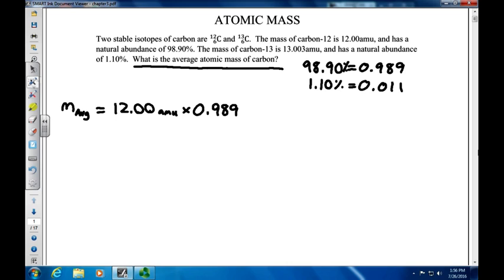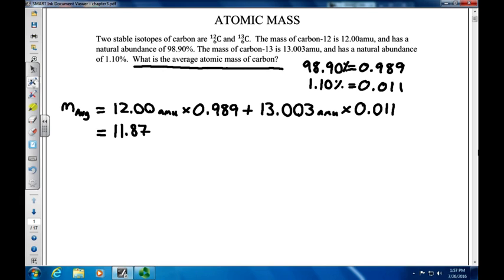But to that, we need to sum that with the mass of carbon-13 multiplied by its respective abundance. So that would be 13.003 AMUs times 0.011. Now, if you multiply each species by its respective abundance, you'll see this equation will simplify down to